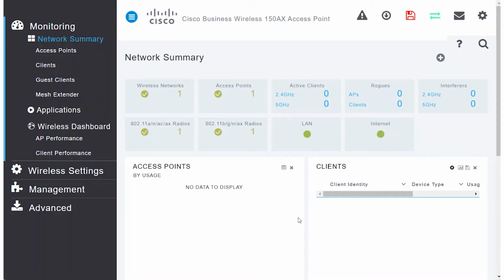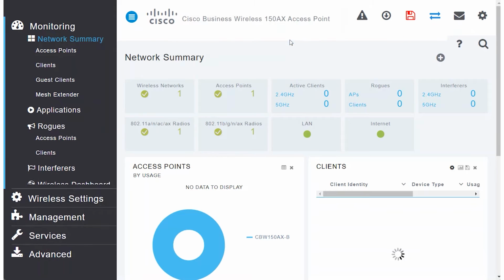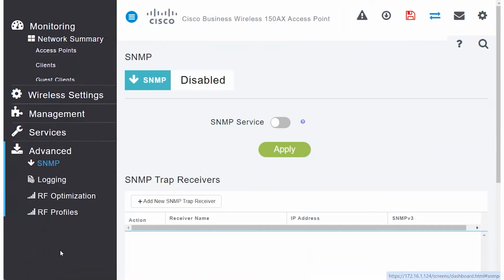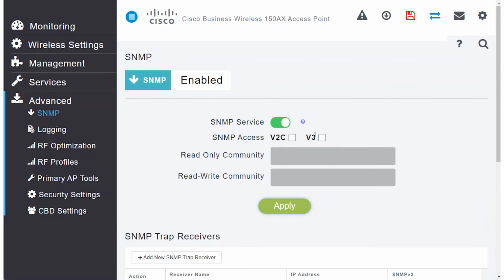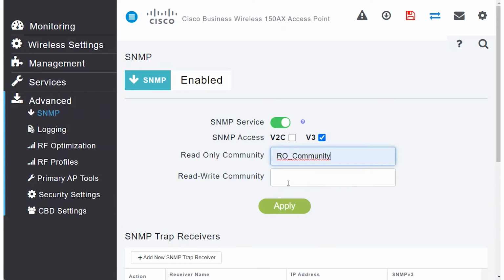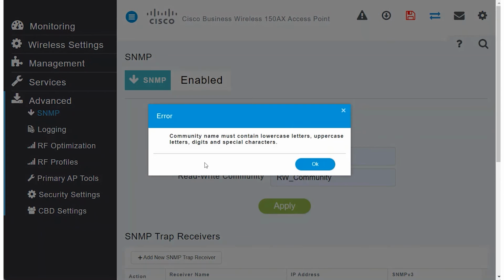First things first, after logging into the web user interface of the access point, switch to Expert View by clicking the bidirectional arrow at the top. Under Advanced, click on SNMP and enable the SNMP service by clicking the toggle button. Select version 3 and specify both the read-only and the read-write community strings. Click Apply. If you see an error message regarding the community name, make sure to edit it according to the